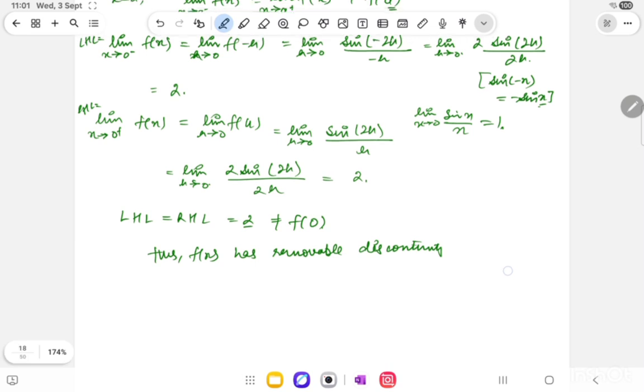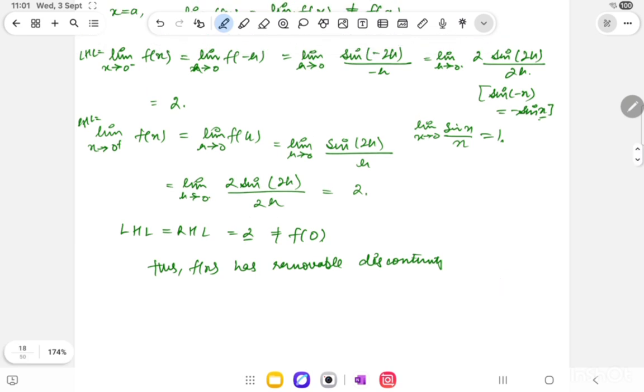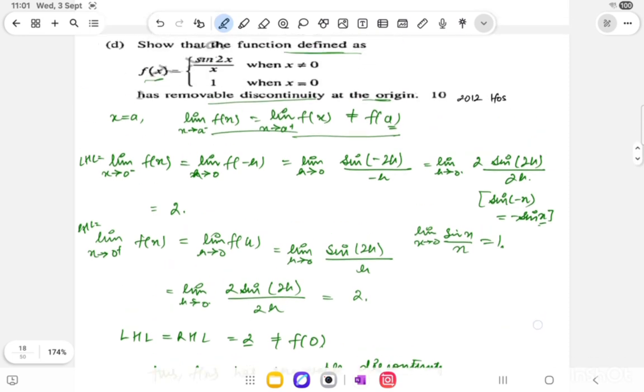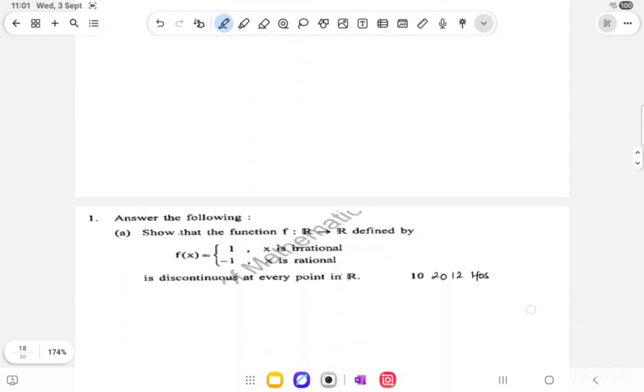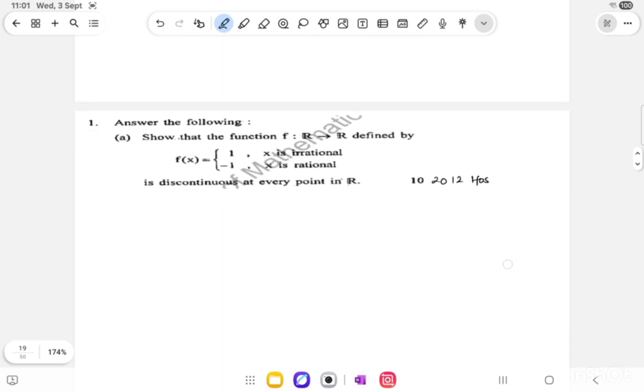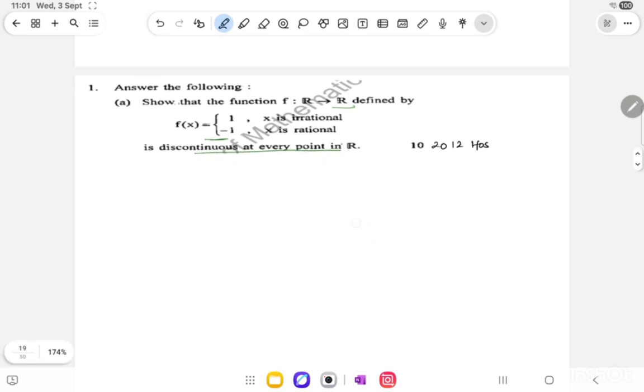I can define the value of function f(x) at x equals 0 as 2. So then this discontinuity can be easily removed and the function f(x) can be made continuous. So let's move on to the next question. The next question says that show that the function f(x) defined as this is discontinuous at every point in